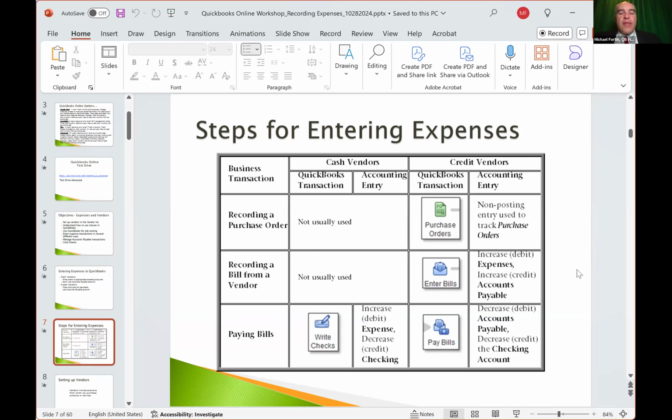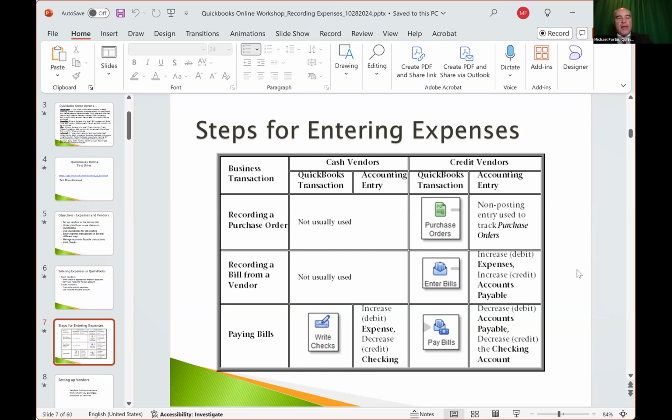But in order to have that purchase order have any impact, I would have to convert that purchase order into a bill. In other words, I'd actually have to place the order, then the vendor sends me a bill for the stuff I bought. At that point, the purchase order can be converted into a bill, which then becomes a financial transaction that will impact my accounts. But purchase orders by themselves are not. The other thing is that in a cash situation, we don't usually do purchase orders, only on a credit basis. So we have the first row across showing only purchase orders applicable to credit vendors.